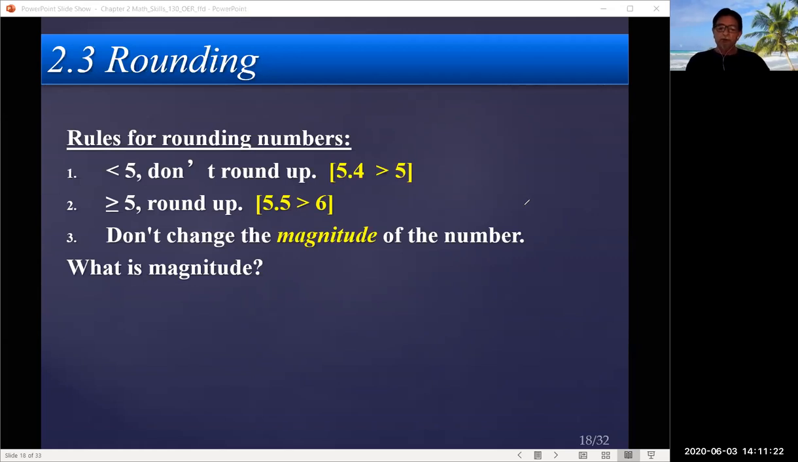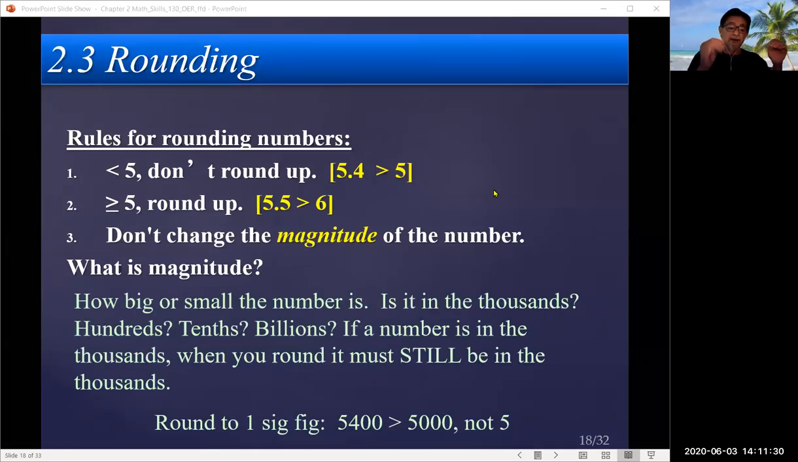Now, but don't change the magnitude of the number. Okay. What does that mean by changing the magnitude of the number? Take a look at the number down at the bottom. It says round to one sig fig. So you're given the number 5,400. Okay. The magnitude